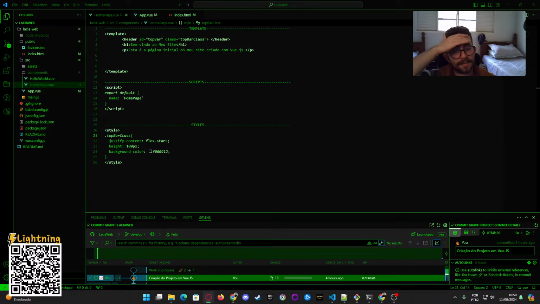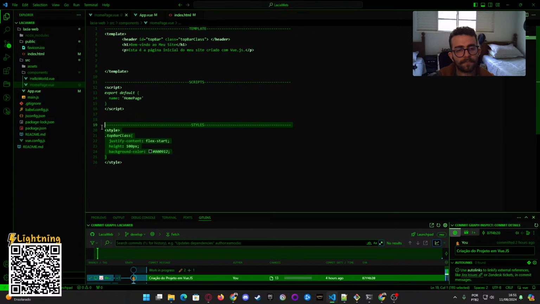If you don't know what CSS is, CSS is that thing here. It's the style part of the project. Let's imagine you are creating a human, okay? The skeleton of the human is the HTML. It's pretty ugly, it's not beautiful. So the CSS is the meat of the body.